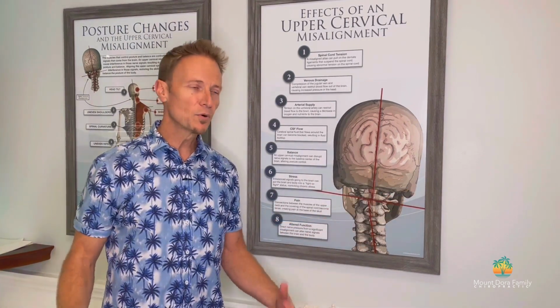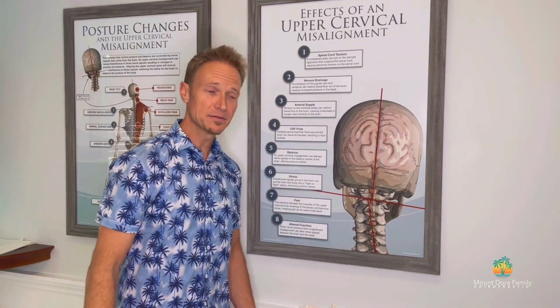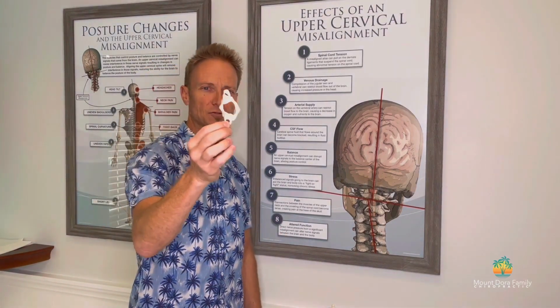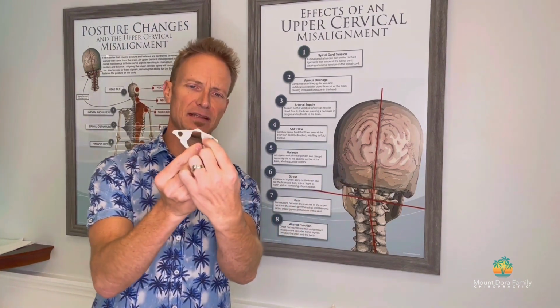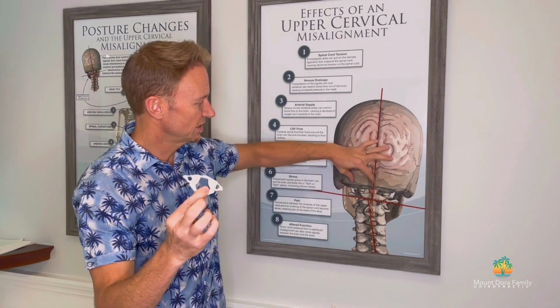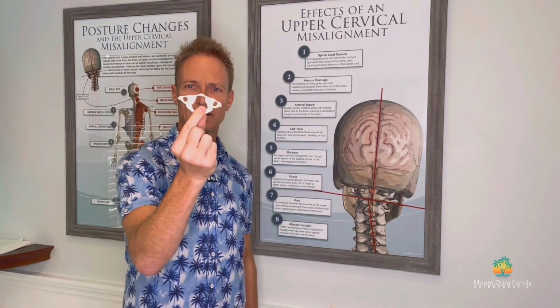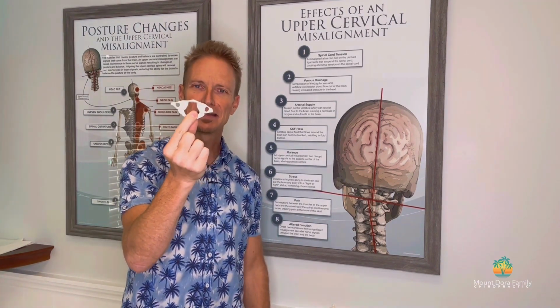I think it's really important to understand that the human head weighs somewhere between 10 and 14 pounds, and your head is sitting on your atlas, which this would be about actual size, right? And you'll notice there are just two little tiny joints there. They're shaped like a peanut. There are little articulations that come off the base of the skull, and they sit right in there. So your head's kind of like one of those bobble dolls dangling around in these little peanut